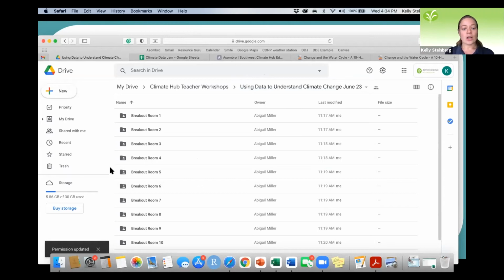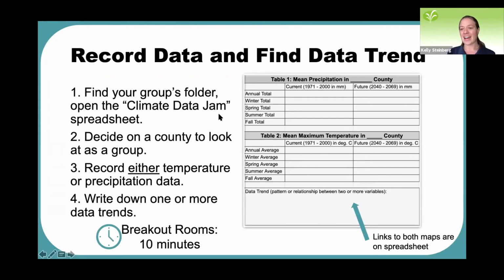All right. So we'll give you about 7 or 8 minutes, depending on how far behind we are, Stephanie, in the breakout rooms to find a data trend. We'll come back. I'll tell you a little bit about the creative project and how we talk through that process, and then give you more time to make a creative project. I know that's fast, and we are just giving you a taste. Again, you'd give students a whole class period to do this. What you just did in 8 minutes, students would have lots of time to look and think and figure out what they're doing.